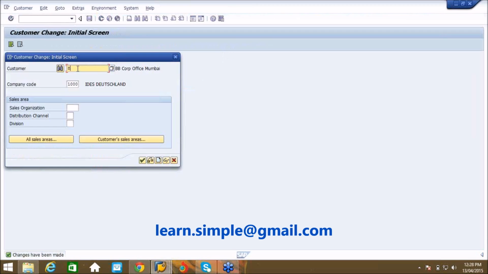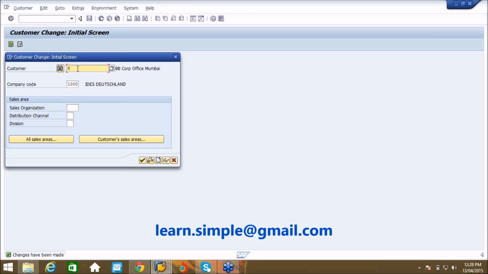Whenever a customer address gets changed, I should be able to see it in one different table. I want to create one Z table, that means a table starting with Z, in which I want to store the information of the customers whose details have been changed. Generally, this sort of Z table update is not provided in SAP standard transactions, so we are going to achieve it through a BAdI.